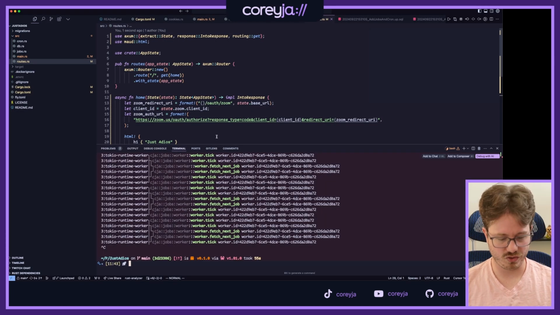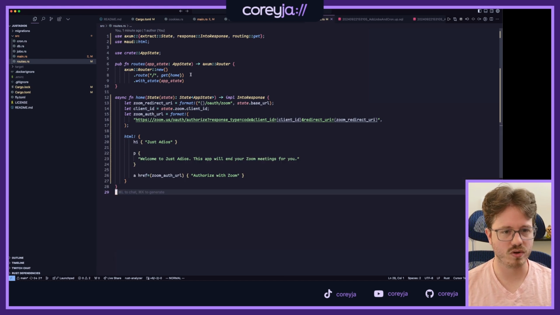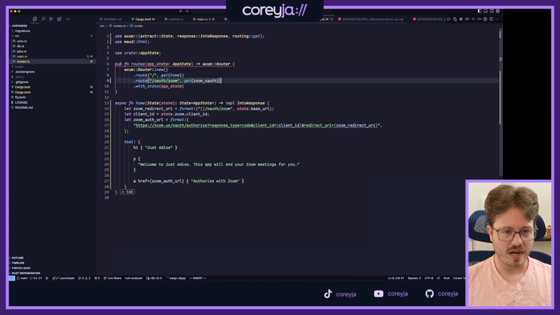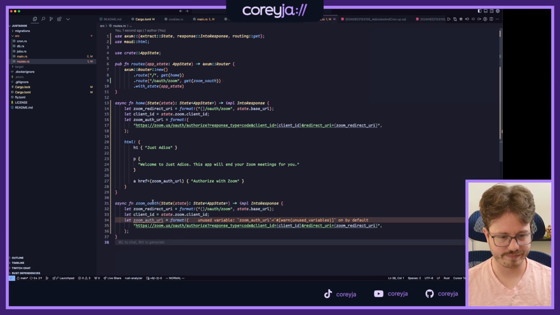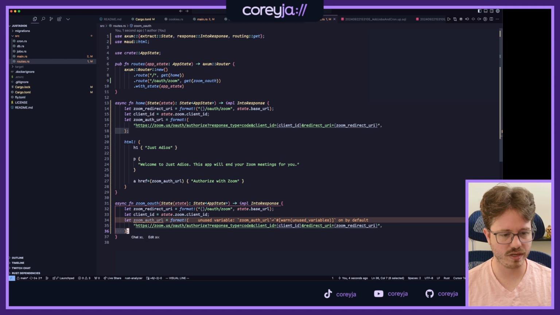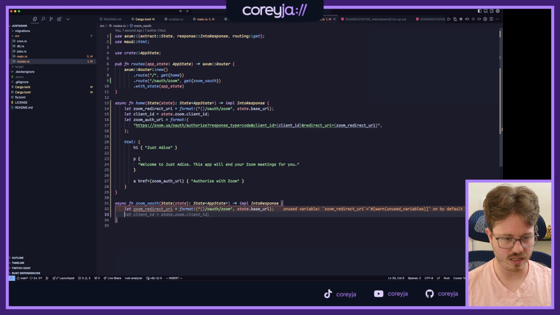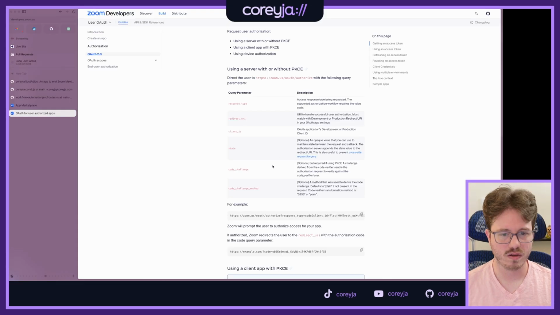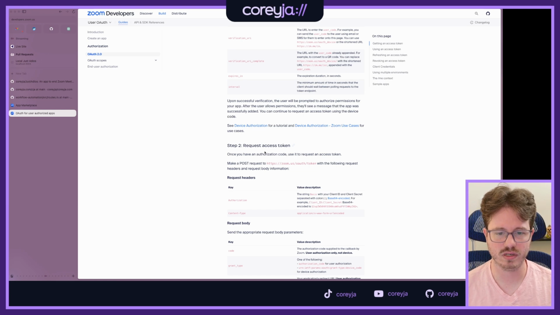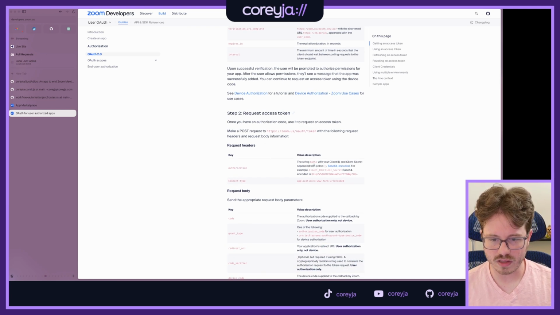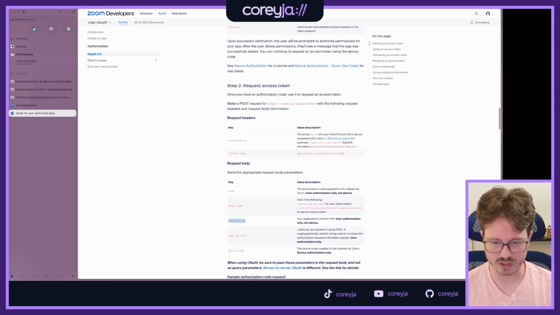So yeah, let's do that first, but it's nice to know that that page is working. Oh, so now we want to make a route for, yep, exactly that. Cool. Zoom OAuth. Okay, so I don't think I need all of these. I do think I need the Zoom redirect URI though, because when I'm going to exchange this, request an access token, I'm going to need the redirect URI again. It's a little silly, but it's fine. This is gonna give me